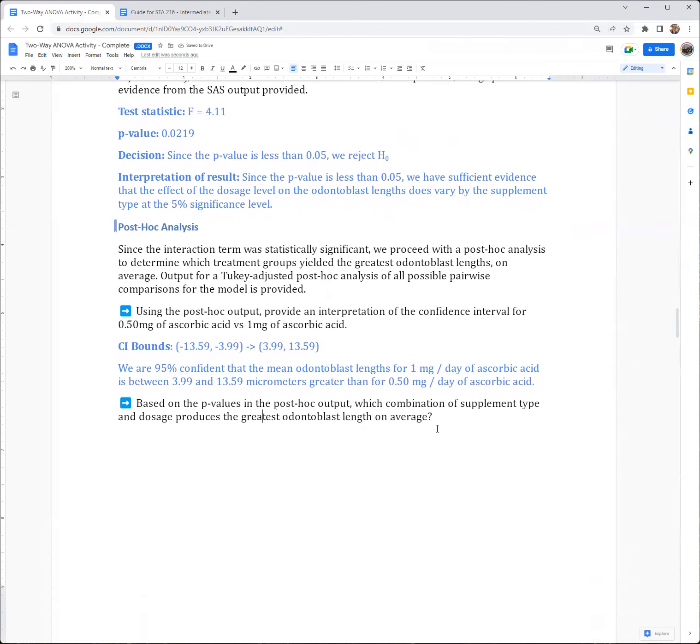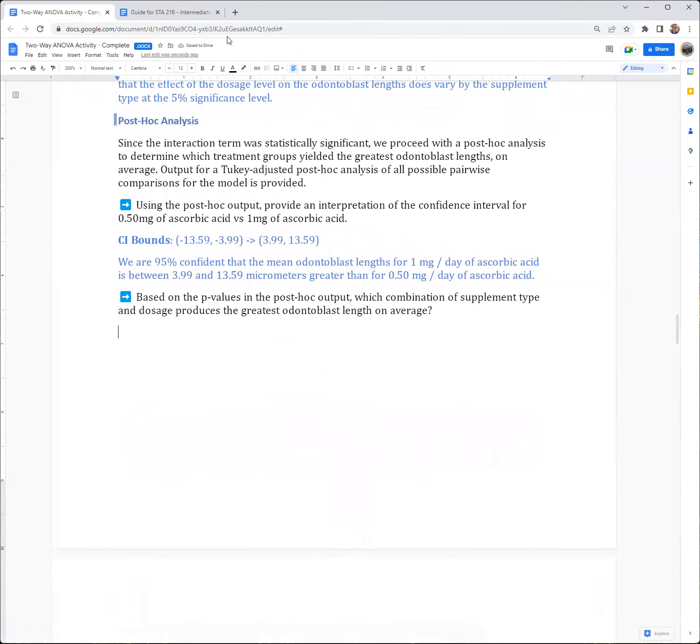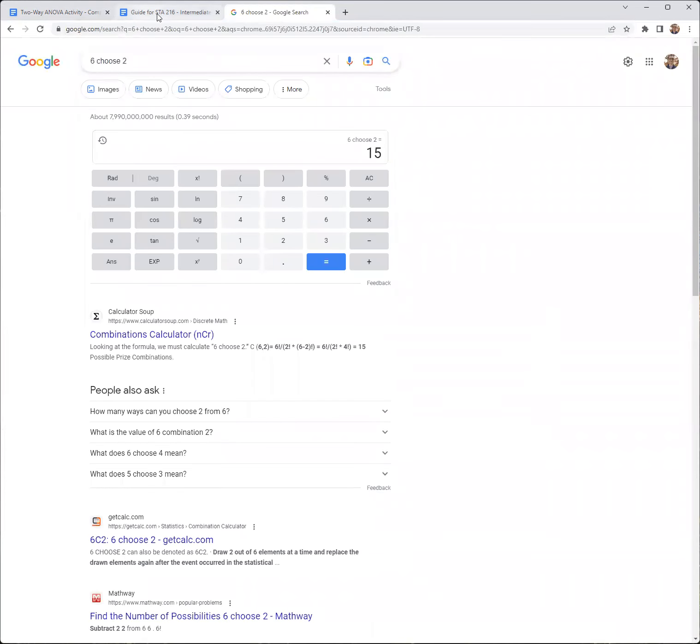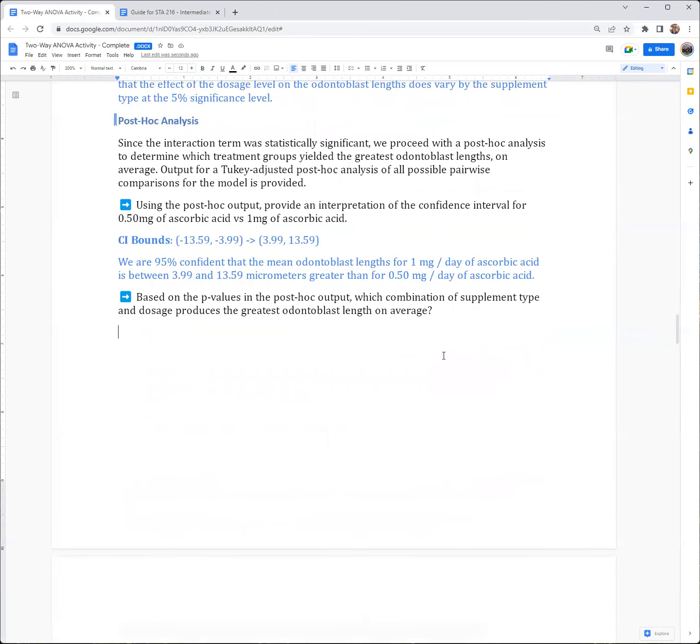Okay. And so we can interpret all the other confidence intervals. They give you a total of, there's 6 choose 2 comparisons, which is 15. It's a lot of comparisons, but we'll just do that one. And we can also lastly decide, okay, well, in this study, what was the best treatment combination to get the greatest odontoblast length on average? So to achieve the